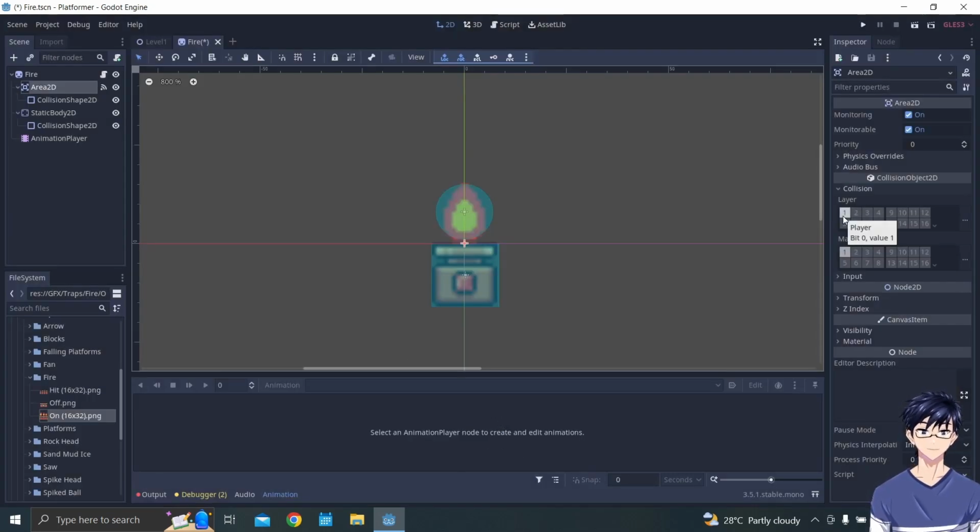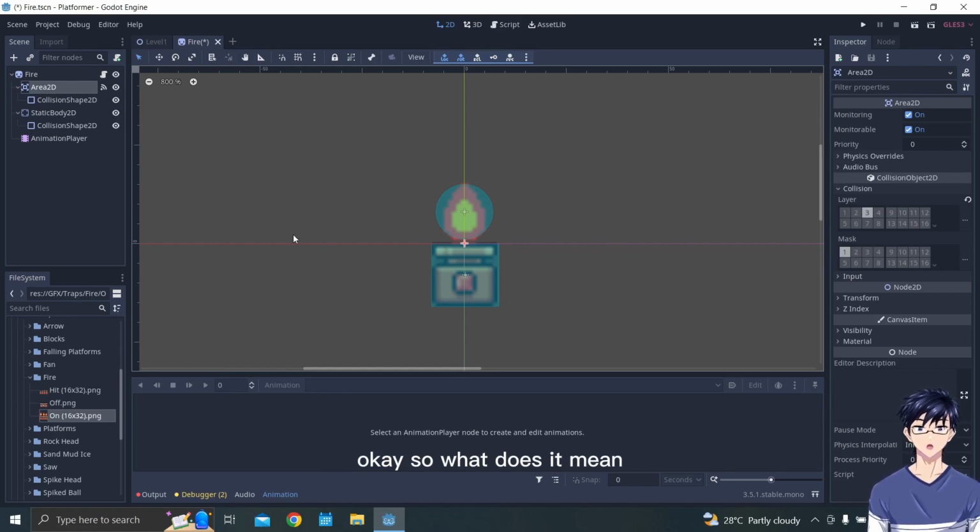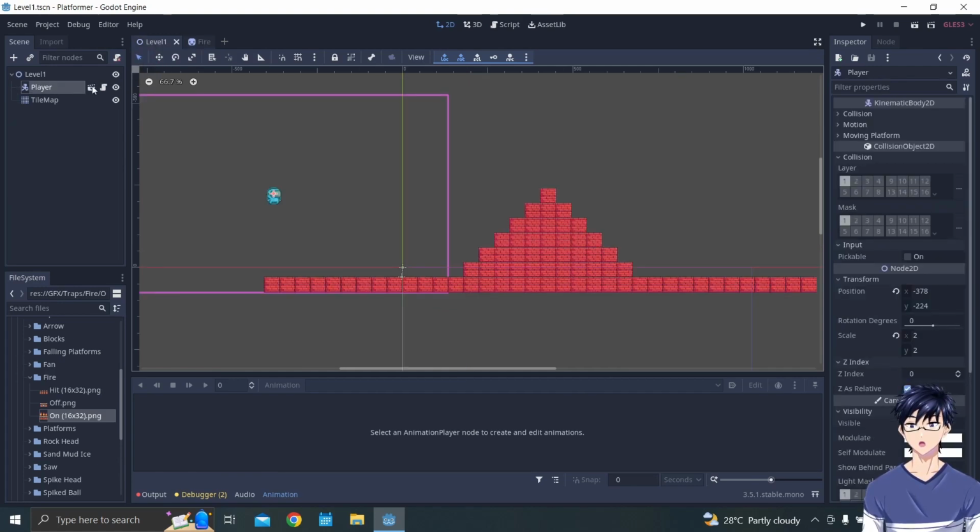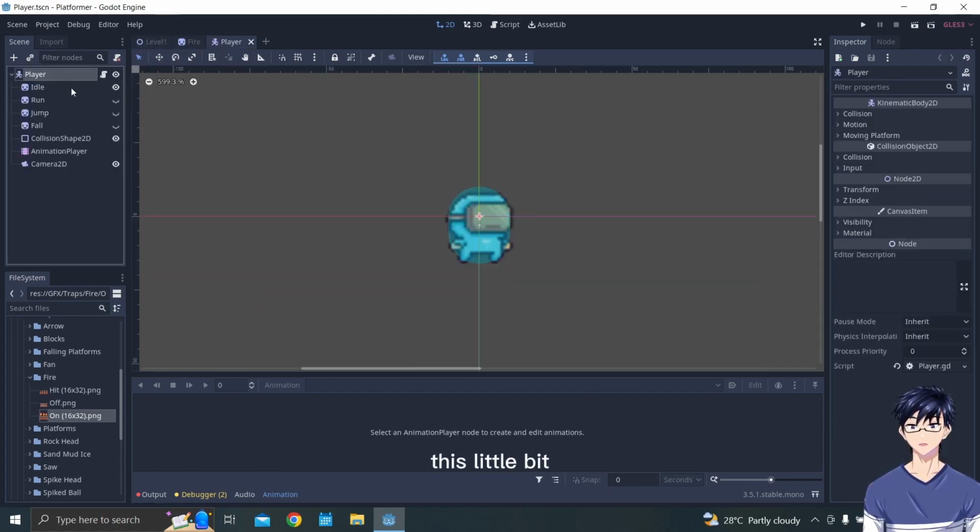Alright. Okay, this layer will be used for obstacles. Okay, the mask is player. Okay, so what does it mean? Does it mean that the obstacle can only hit this player object? Okay, we need to change this a little bit.